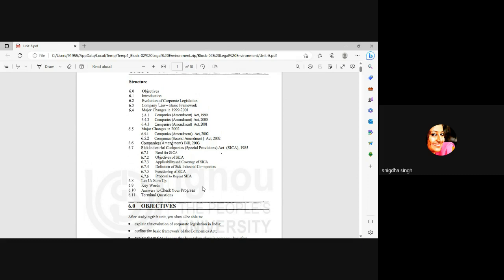Big and major changes have taken place in company law, and therefore now it is not even referred to as the Companies Act 1956, but it is referred to as the Companies Act 2013. Okay. So major changes have taken place, and that has not been updated in the book. So I suggest that while you are giving it a read, because this is completely theoretical and you wouldn't need any help from my end, while you'll be giving it a read,